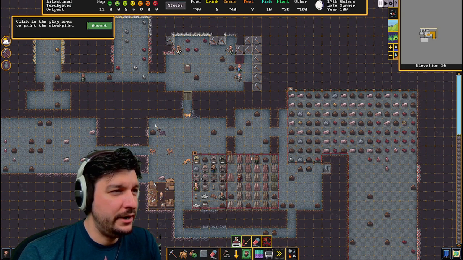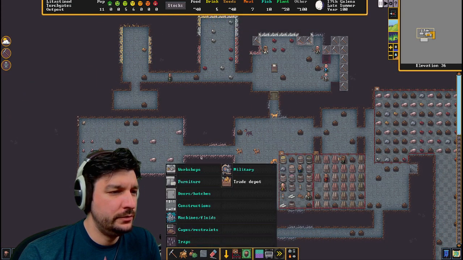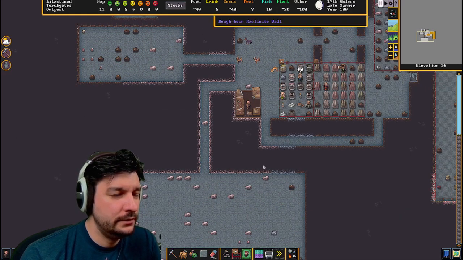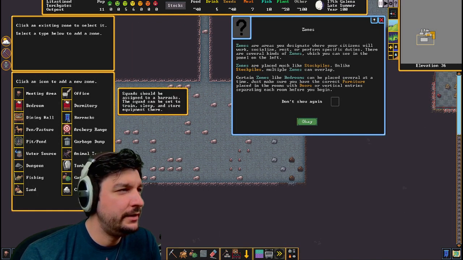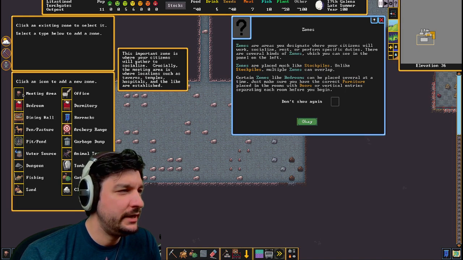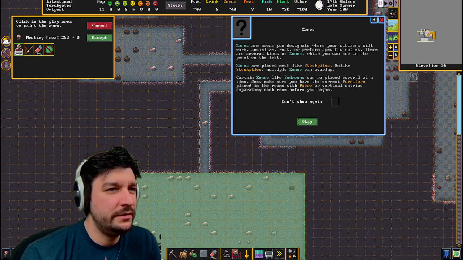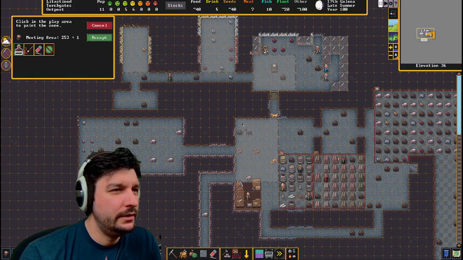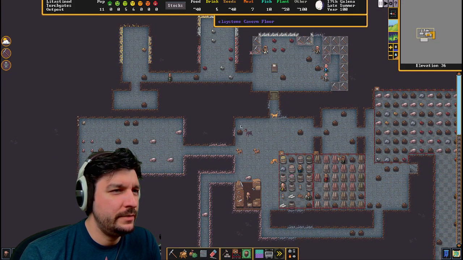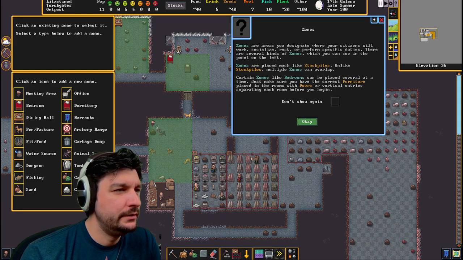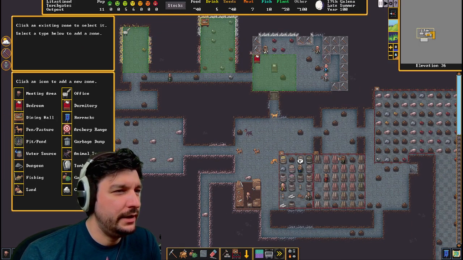I'm at the point now where I kind of want to get a workshop that's just for other stuff. So let's make this the meeting hall, or the meeting area. This giant room. Y'all can meet in there. In the meantime, I want to get this area. I want to click it. I want to get rid of that one. And instead,